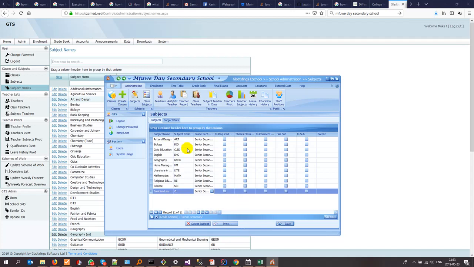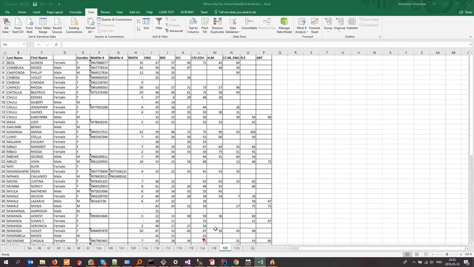Okay, so now we have these subjects that we need for 12. This is 12C that we want to add results for. Okay, so that is your first step. Add the subjects that you need. Now in the next step, I'm going to show you